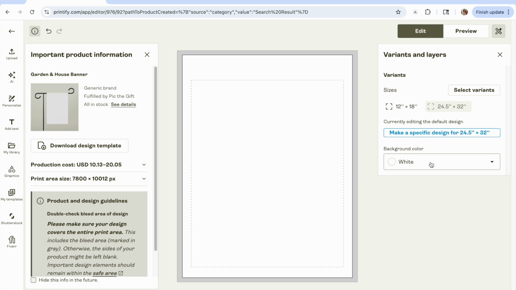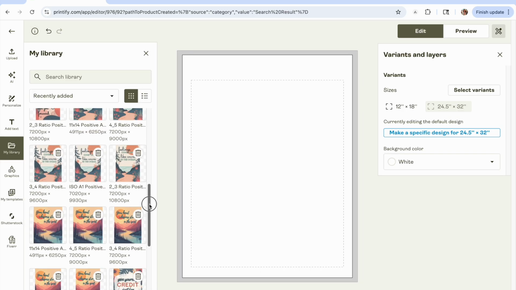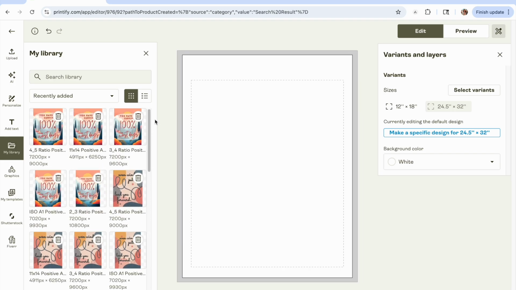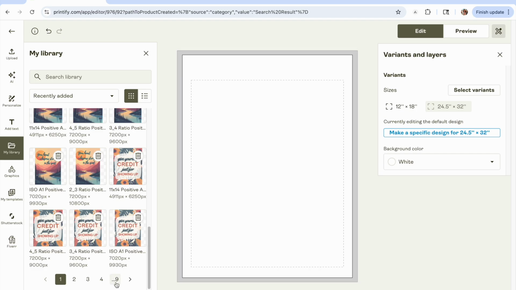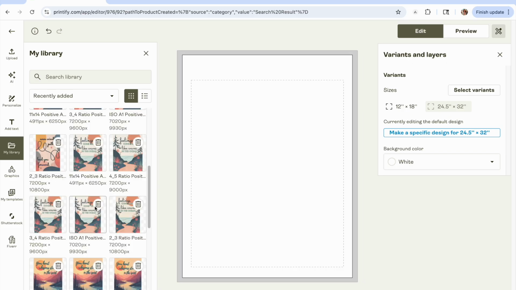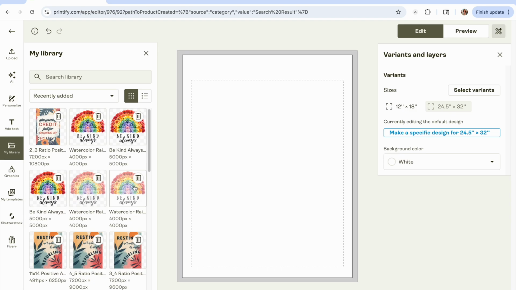Now the next thing is to decide on what we're going to put on it. So I'm going to go ahead and look in my library because I already have things listed here. I see a lot of posters that I've made recently. I'm going to scroll through. I know this is something I did early on. That is not what I wanted though. I want a different version of it. So I'm going to just look